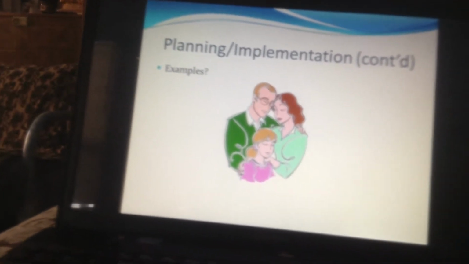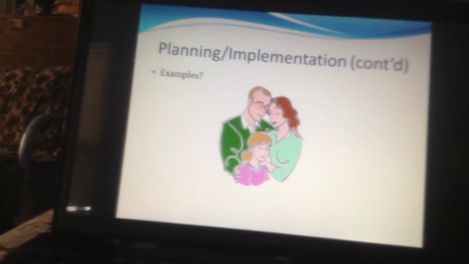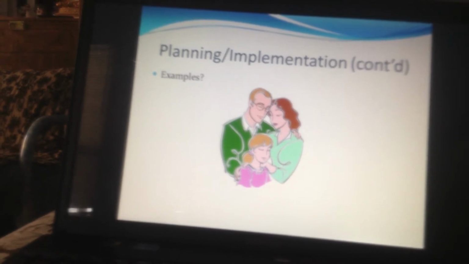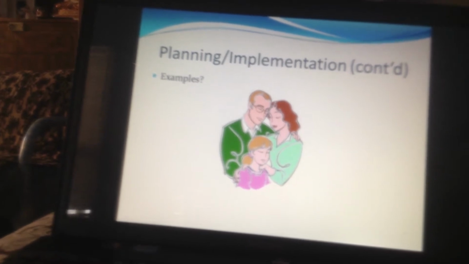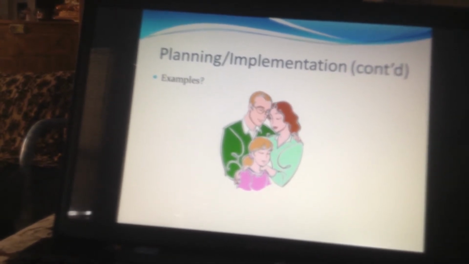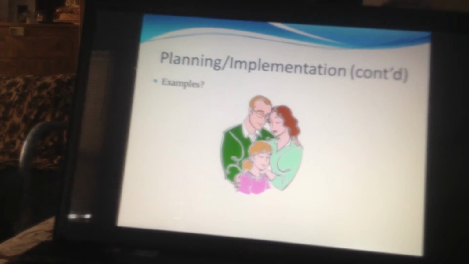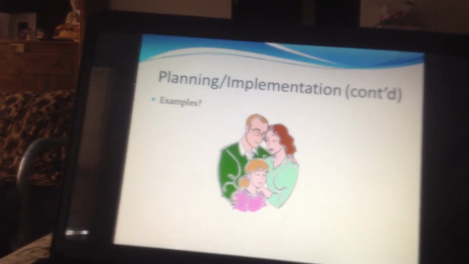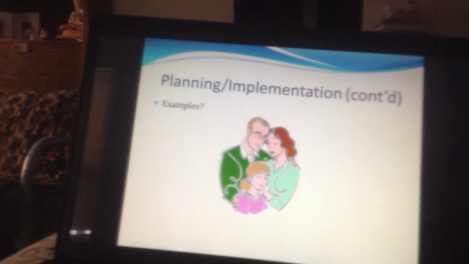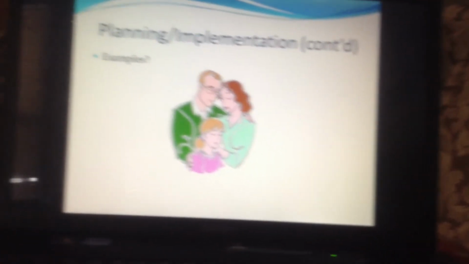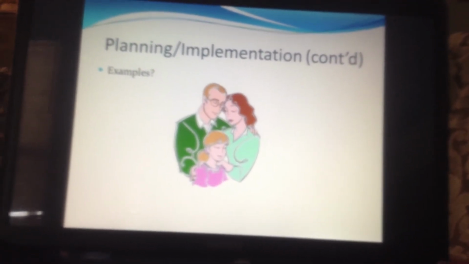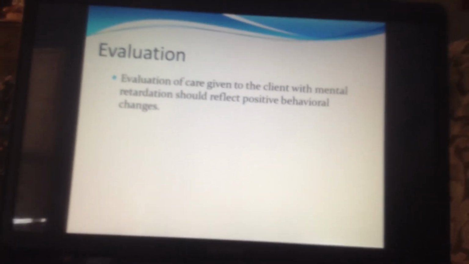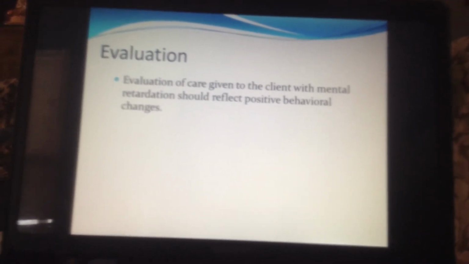So having a realistic expectation about clients' potential is very important when you're planning care for these kids. You want to find out methods for modifying behavior as required, and also you want to look into community resources from which they may seek assistance and support, especially if you have a parent that does not have available resources. Evaluation is the final process, so you're looking at whether your goal was met or not.